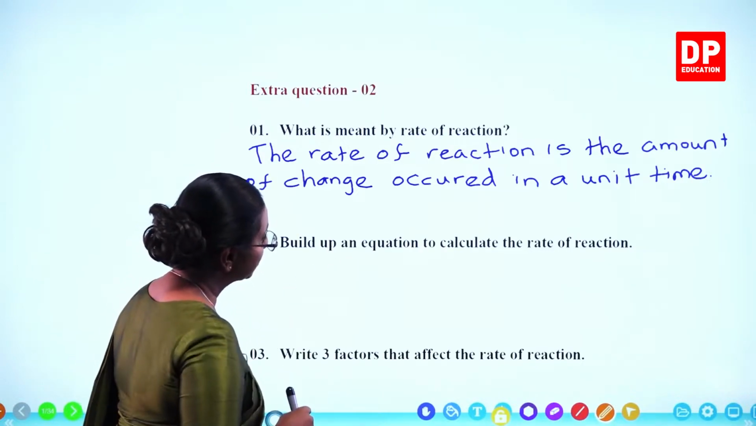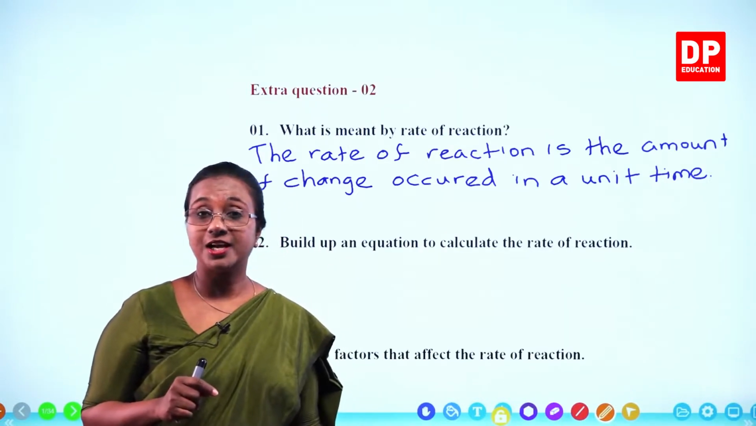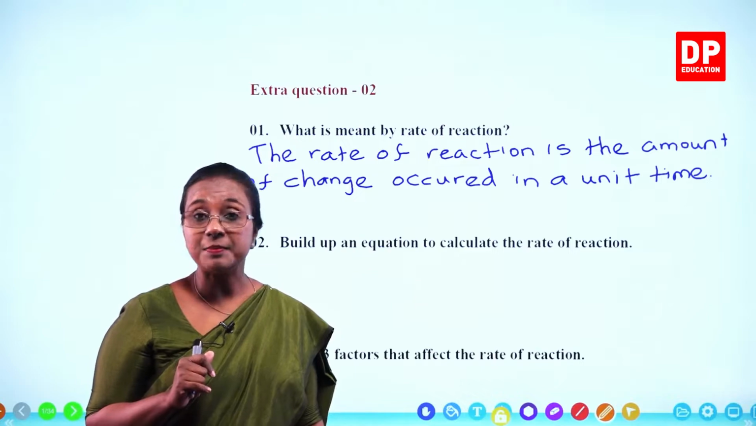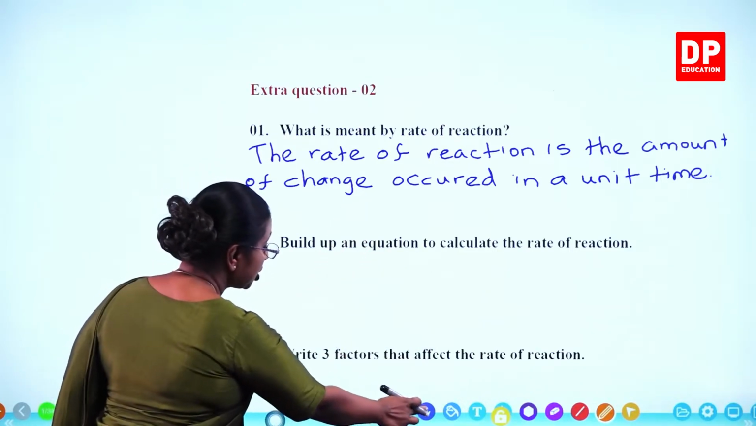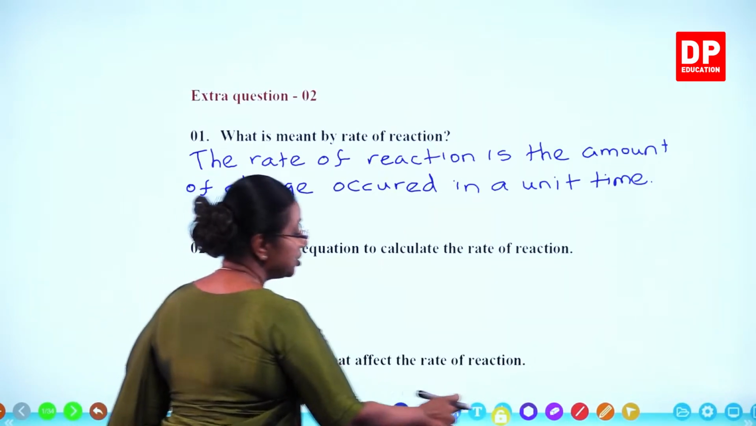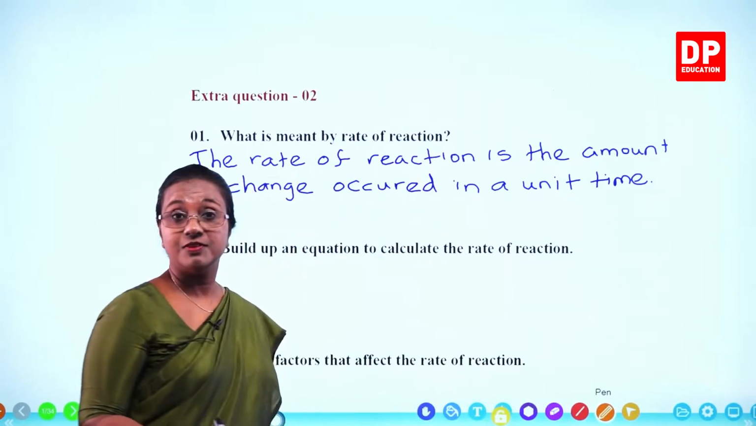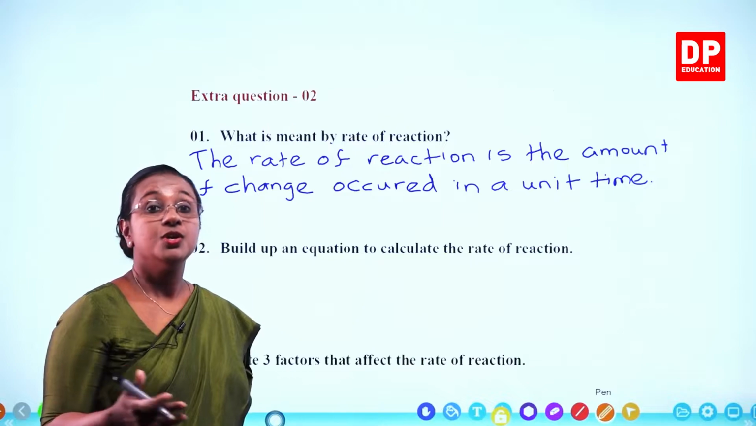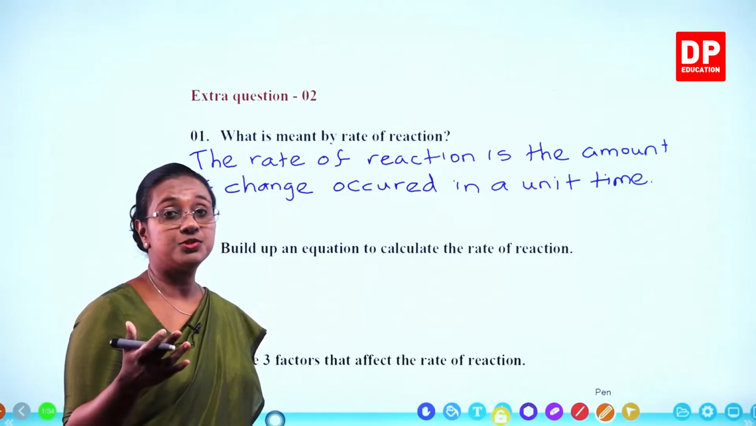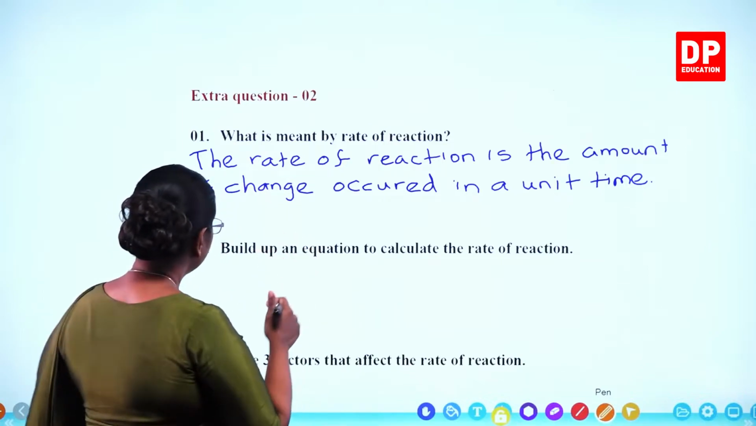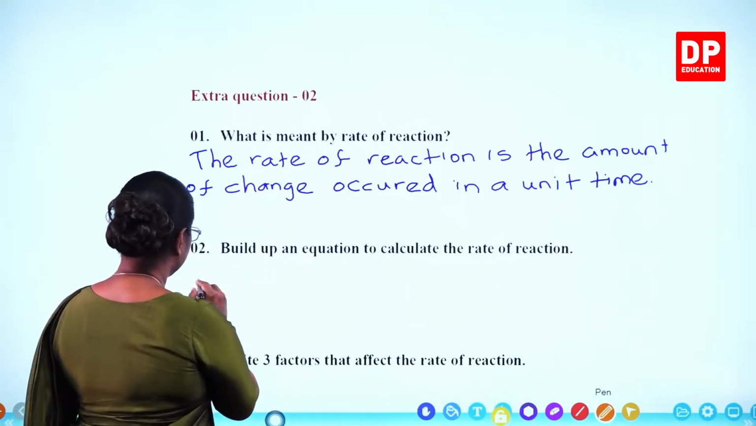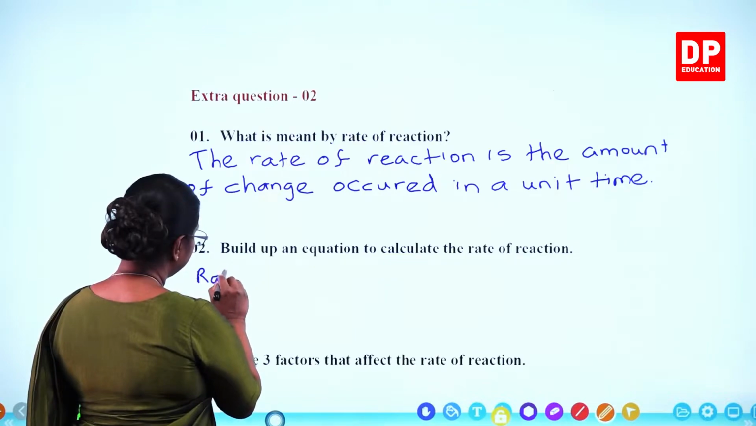Build up an equation to calculate the rate of reaction. So how do we build up an equation? Now like I said, when we say the change occurred, how does the change occur? The reactants are converted to products. So either the reactants are used up or products are formed in a unit time. So if you are to build up an equation, you have to say rate of reaction